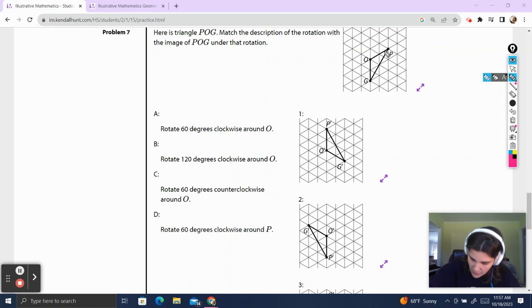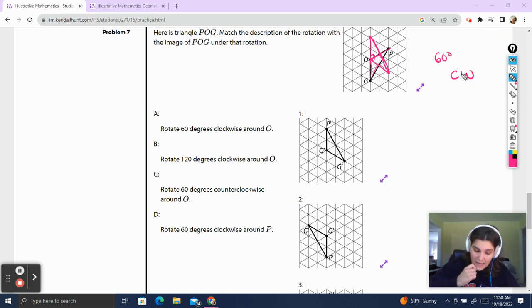So POG, what happened here? I'm pretty sure he was rotated. And we could either say he was rotated so OP went up to O prime P prime, right? Because he kind of got rotated like that. Nope, he got rotated like this. Now that looks like it's a 60-degree rotation because this angle is kind of rotating 60 degrees,